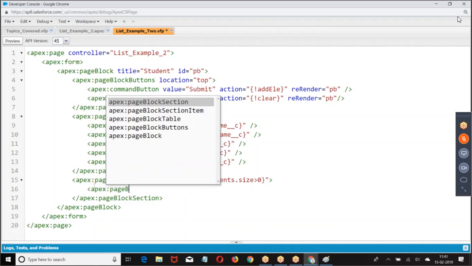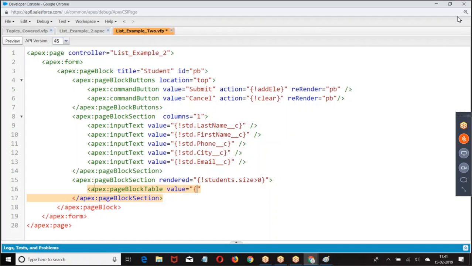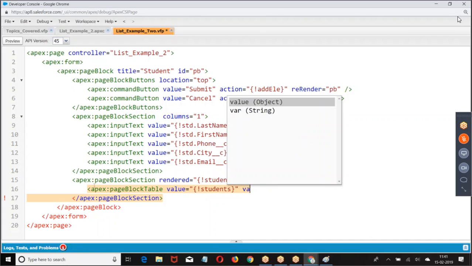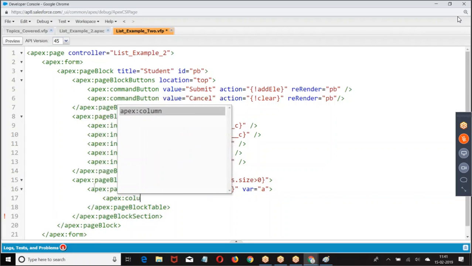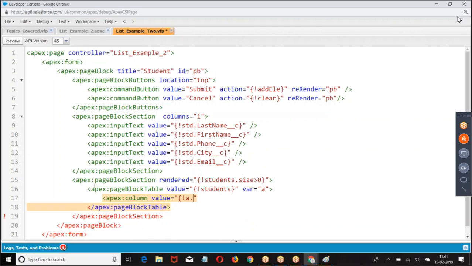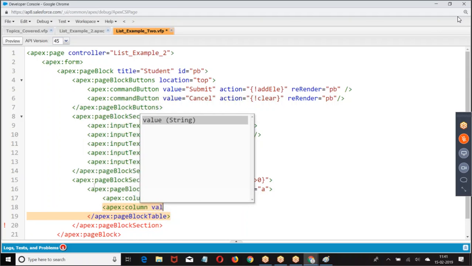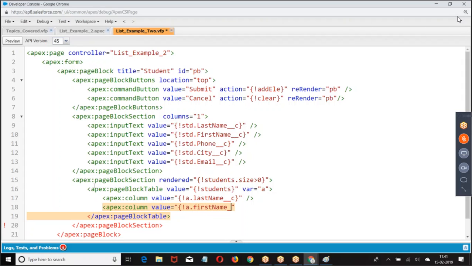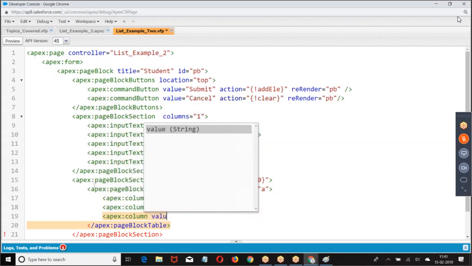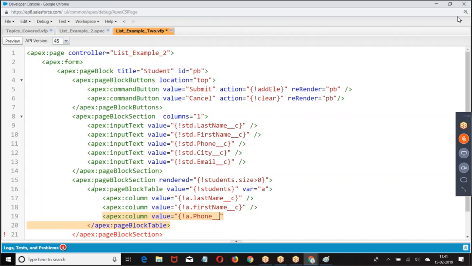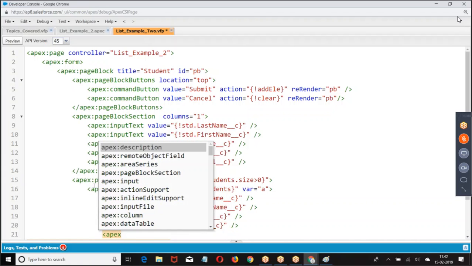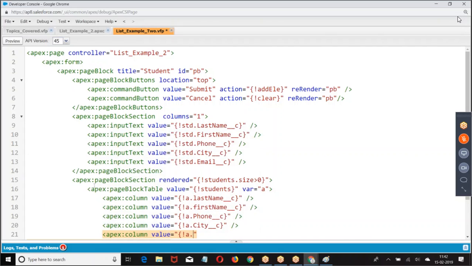Then I'm going with Apex page block table. Page block table value equal to students, var equal to a, value equal to a dot email.